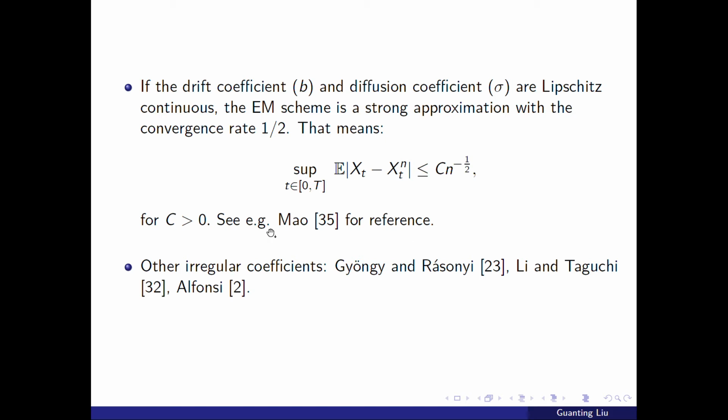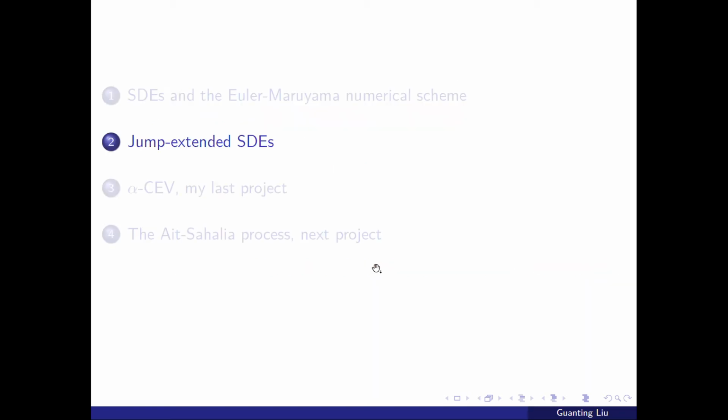For example, for Holder continuous drift and/or diffusion, and maybe for diffusion or drift with discontinuities, there are other results available. So that was about strong approximation and a very classic method, the Euler-Maruyama method. Moving on,